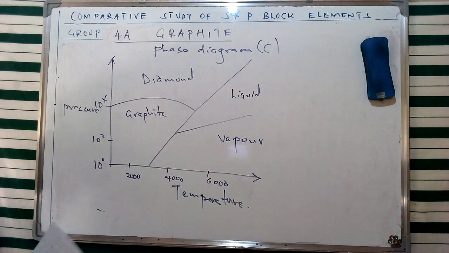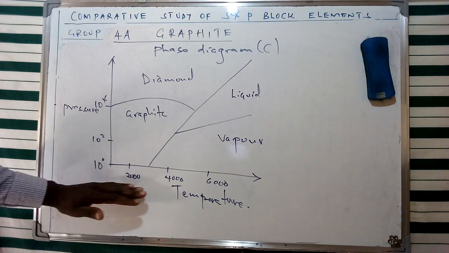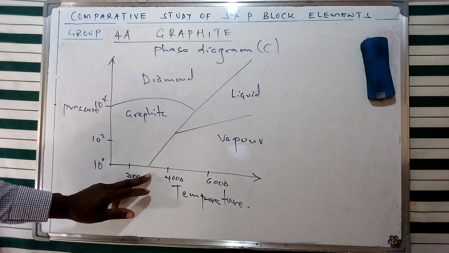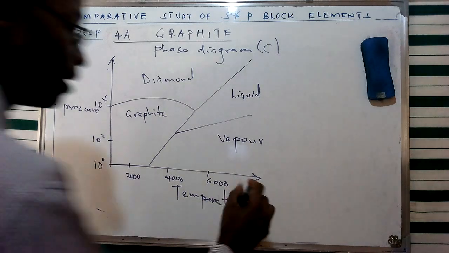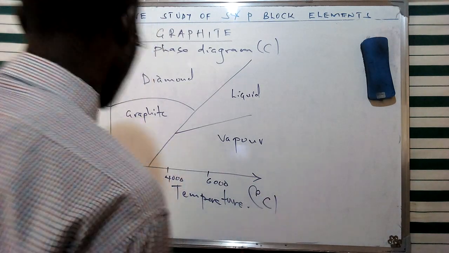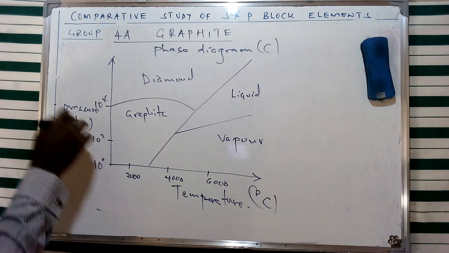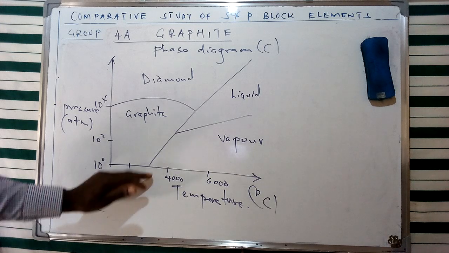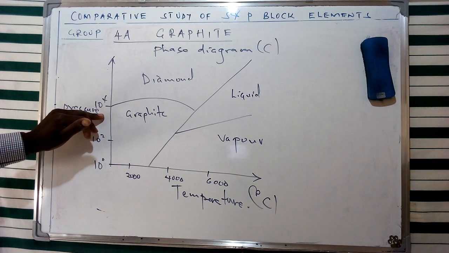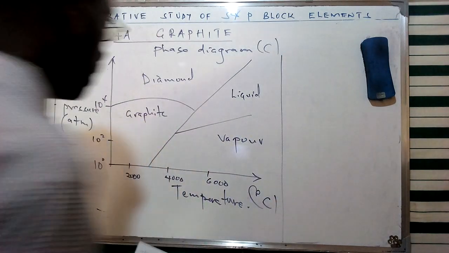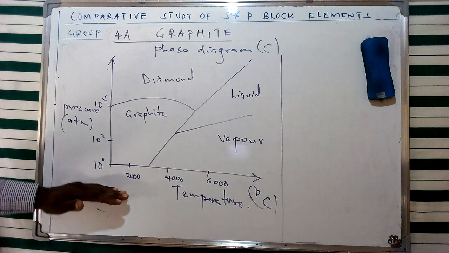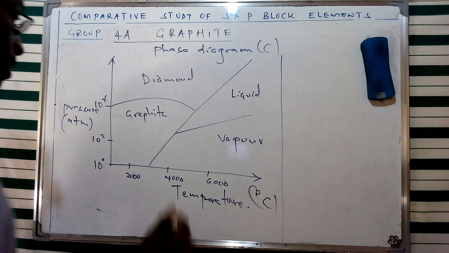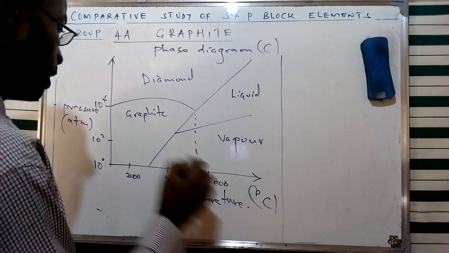And of course, we're going to see that at this specific point, this value of approximately 3000 is given at this particular point, and this is going to be in terms of degrees Celsius. And this is going to be pressure in atmospheres. Therefore, at around 3000 degrees Celsius and a pressure over 10 raised to, so I'm going to give this specific value. So in this particular case, for us to obtain the phase of, of course, a diamond from graphite, we're going to have to look at these specific conditions, whereby we're going to see that